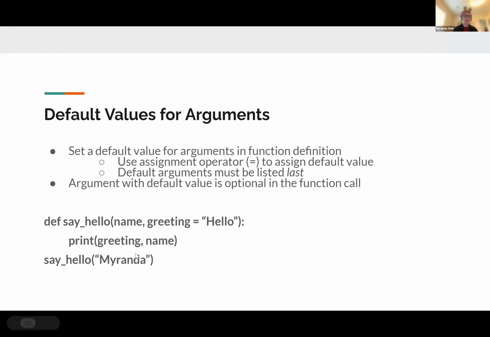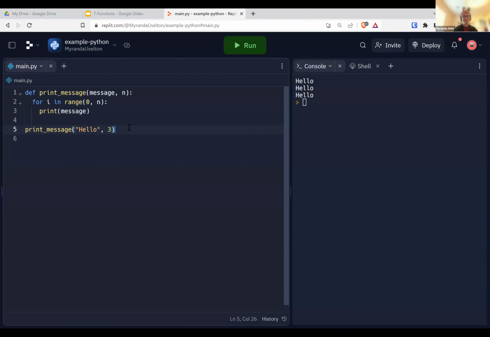So now we have print greeting name, and we can call it with just the one required argument. Name is required, and greeting has the default value of hello. So now when we just enter name and don't enter anything else, we're no longer going to get an error. It's going to automatically assign greeting to be hello. So if we try this out,